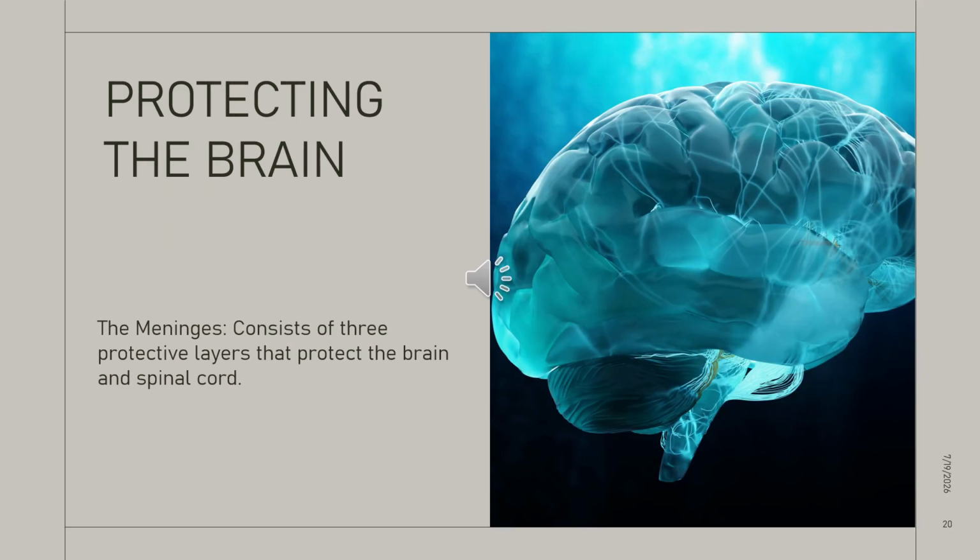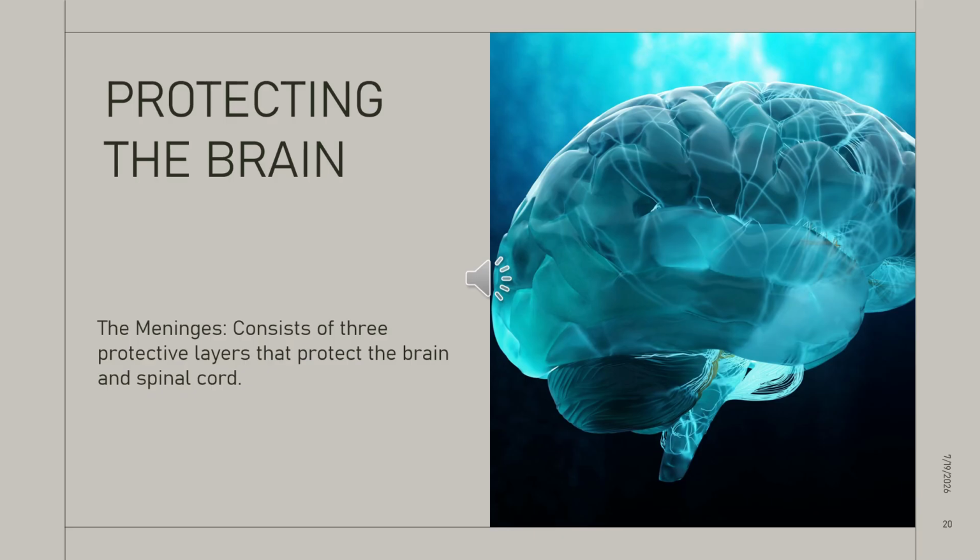Moving on to slide 20, we shift our focus to a critical theme, protecting the brain. Now that we have covered the processing departments of the cerebral cortex, we have to talk about how the body actually keeps this delicate tissue safe. Neural tissue has almost no physical rigidity. It is incredibly soft and completely defenseless on its own. It cannot simply sit directly behind the hard, rough interior bone of your skull. Because of that, the body relies on a comprehensive, multi-layered defense system to isolate, stabilize, and cushion the central nervous